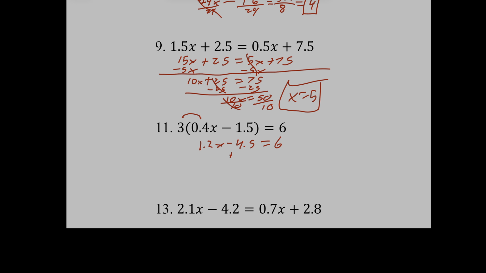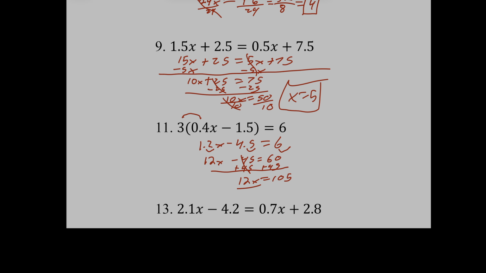Now what I'm going to do is I'm going to add 4.5 to both sides. Actually, I'm not going to do that yet. I'm going to do my little decimal thing. Sorry about that. I'm going to move everybody over one spot, which would mean I get 12x minus 45 equals 60. I'm going to add now 45 to both sides. Boom, done. And I get 12x equals